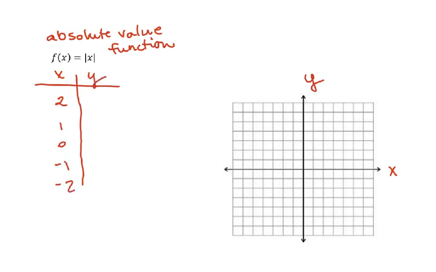And what do I get for y? Well, what's the absolute value of 2? It's 2. The absolute value of 1 is 1. The absolute value of 0 is 0. The absolute value of negative 1 is 1. And the absolute value of negative 2 is 2. So let me go ahead and put these on here: 2, 1, 0, negative 1, 1, negative 2, 2. And what's going to happen with